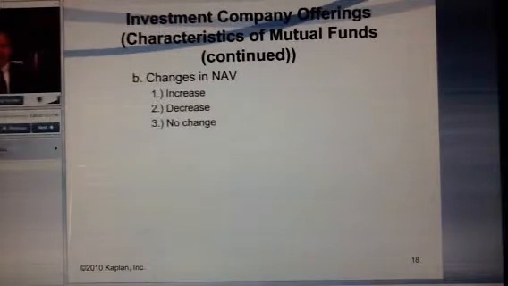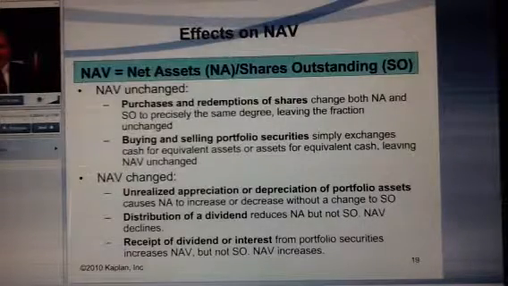Let's take a look at changes in that net asset value. There's the net asset value unchanged. Purchases and redemptions of shares, which I talked about. Buying and selling portfolio securities simply exchanges cash for equivalent assets or assets for equivalent cash, leaving net asset value unchanged. Net asset value changed. Unrealized appreciation